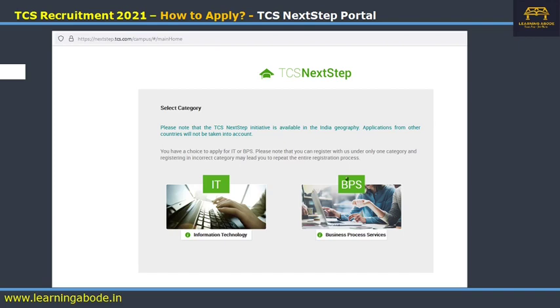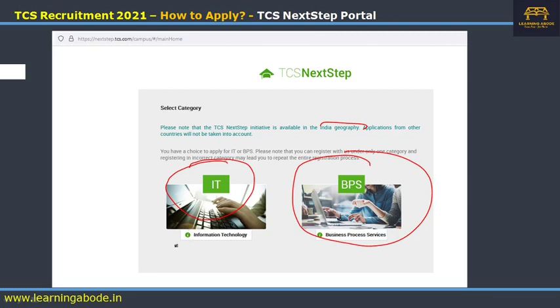For many of the hirings, like TCS Ninja, TCS Digital, the TCS off campus, the TCS Smart Hiring IT, and even the latest TCS MBA hiring, you have to log in through IT. Whichever off campus or on campus drive you are trying, they'll mention whether you have to log in through IT or BPS. For the TCS BPS entry you have to create your login through BPS. Depending upon whichever profile you are appearing for, you click on this.